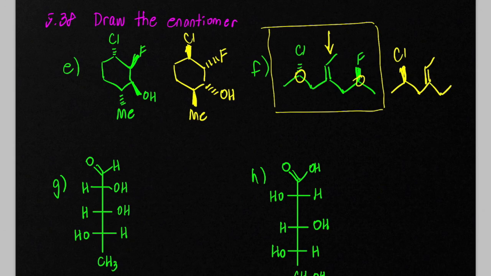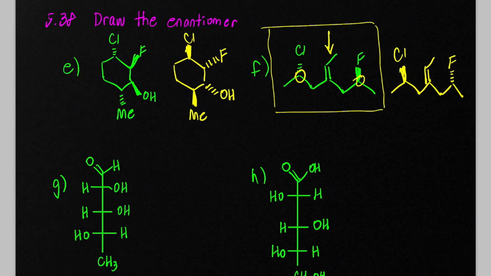But the fluorine, since it's coming out of the board, in the mirror image would look like it's going into the board or into the mirror. So make a model if you're confused about that, but you only switch three-dimensional things,